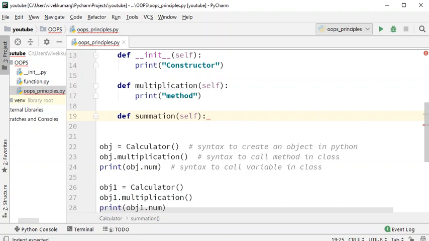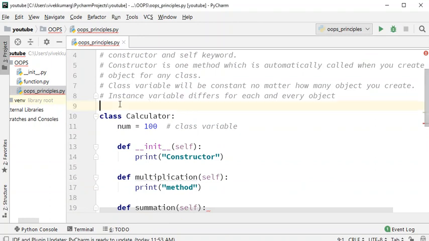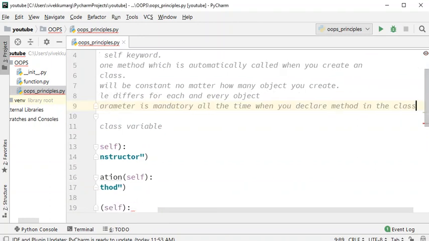You need to know this before we talk about self in detail. So understand this: the self parameter is mandatory all the time when you declare a method in the class. I'm just taking a note here.